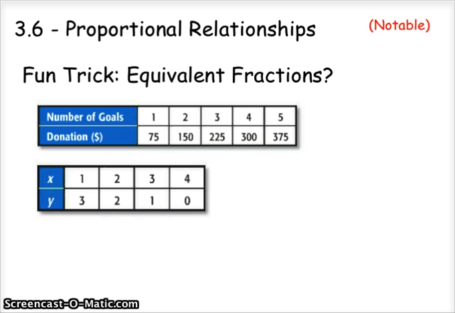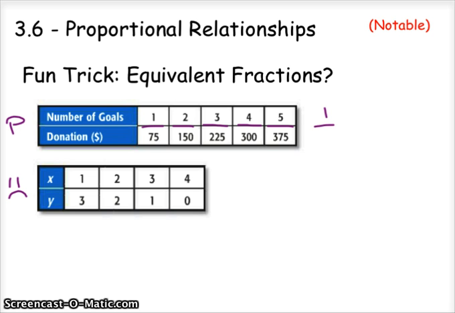There is one more thing I want to add. It's a little trick. And that is, we can actually determine from a table whether or not something is proportional by seeing if each coordinate creates equivalent fractions. So we already know that this one was proportional, and this one was not proportional. So if I make these into fractions,